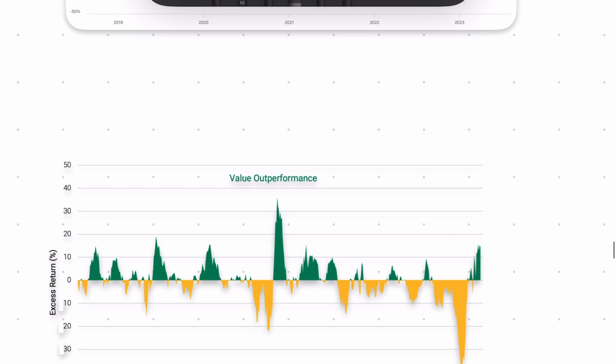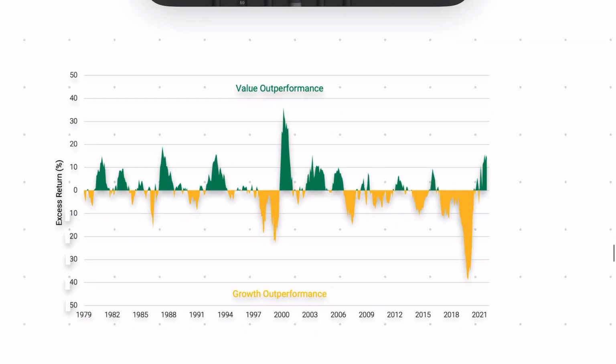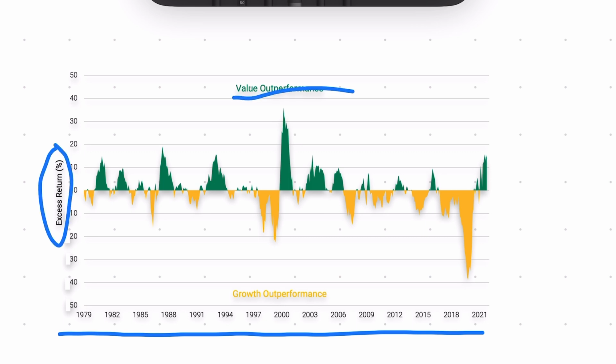So beginning with this next chart, this might be a little bit surprising to you. This is the long term relative excess returns between value and growth investing. And you're going to immediately notice this cyclical back and forth of value outperforming followed by growth outperforming and back again. And just looking at this, it seems to be a relatively even 50-50 split going all the way back to 1979. There is, however, one major anomaly on this chart, and that is the recent history, where growth had this unusual period of outperformance relative to value.